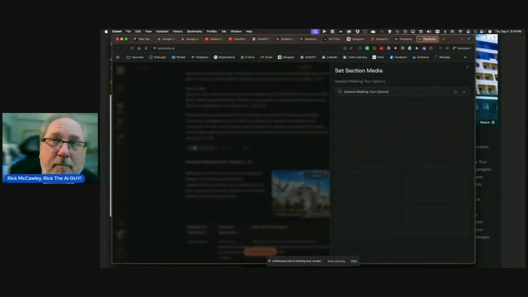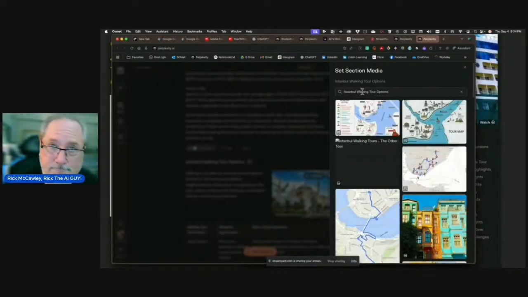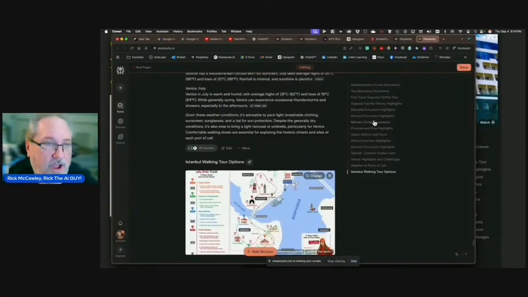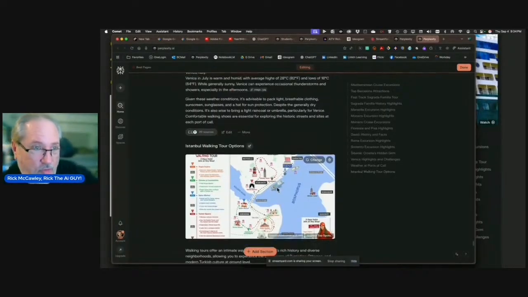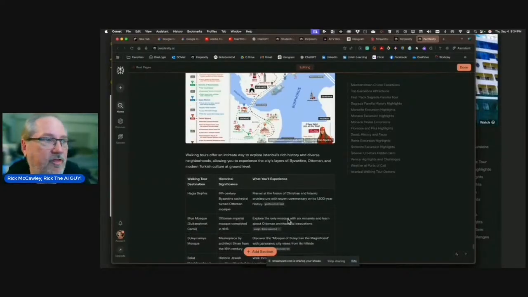So if you've got a PowerPoint, one of the options is you can actually upload your PowerPoint pictures in here. I've done that many times. Oh, here we go. I want to use that picture. I usually pick a horizontal one because now I've got Istanbul walking tours and it's showing you where I'm going. Oh my God. So that's on my phone now because every copy of Perplexity you have has the same content, right? And you switch from one mode to the other. All right, so that's cool. And then I could go back through here and see what else I want to do.